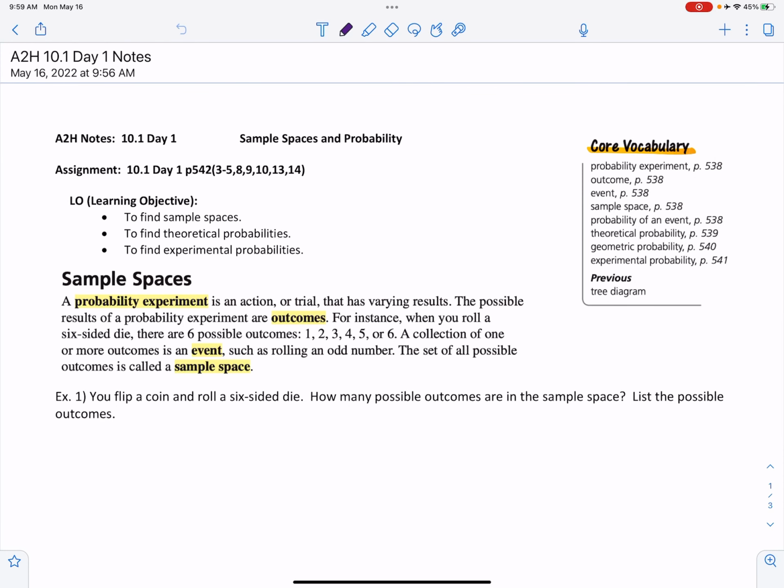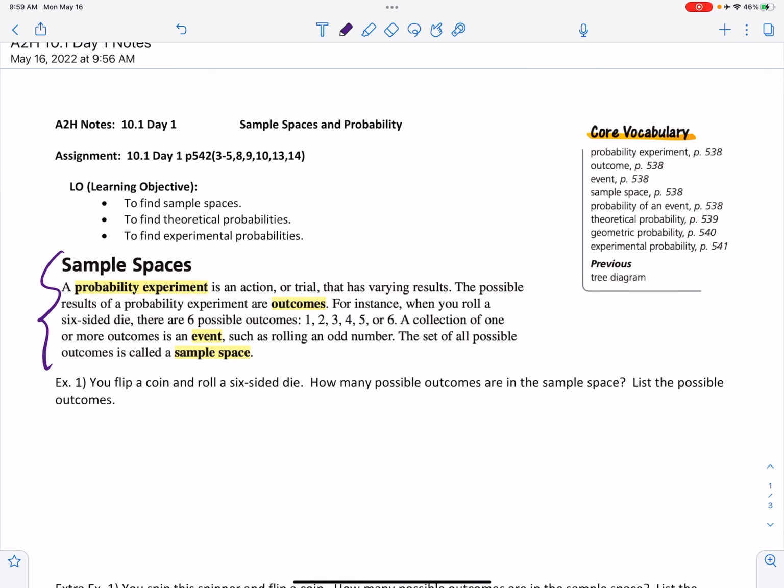Algebra 2 Honors 10.1 Day 1, we're looking at doing some sections on probability. And today we're in 10.1 Day 1, and you're going to be looking at writing up some sample spaces and finding some probabilities. And so what is a sample space? Well, here we have